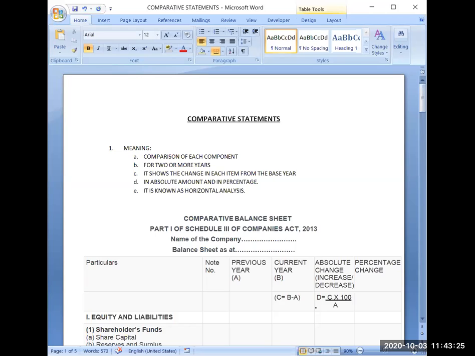Last year, if you studied the definition of accounting in the first chapter, that was the definition. So now you have to learn how to analyze the financial statements, because whatever absolute amounts are written in your balance sheet or in your profit and loss account, this will not communicate anything to the reader. Suppose I say my company has sales of rupees 25 crores in a year. That is not giving any information, because maybe my last year sales was 50 crores and this year I am having only 25 crores.